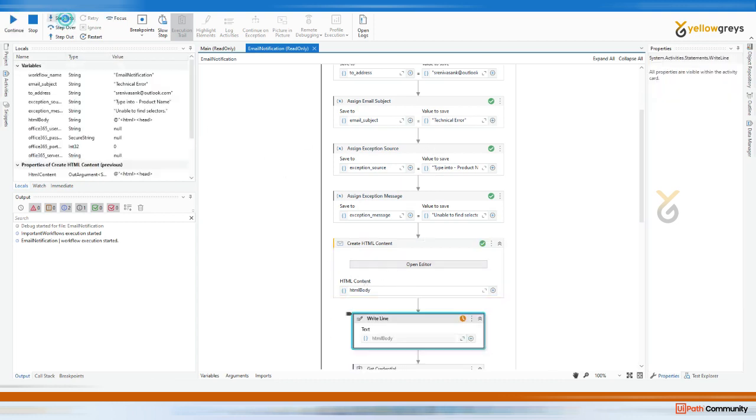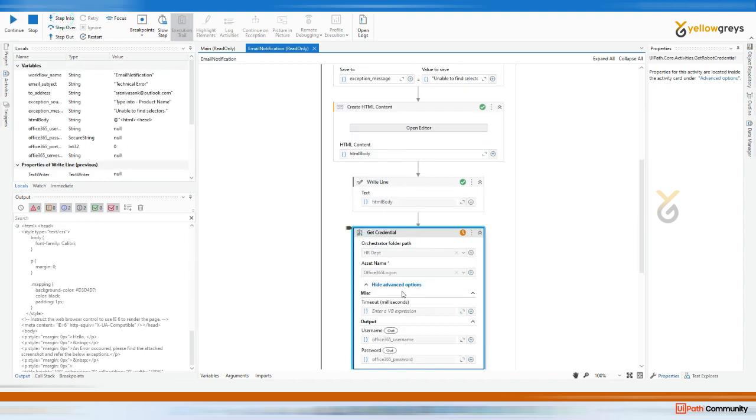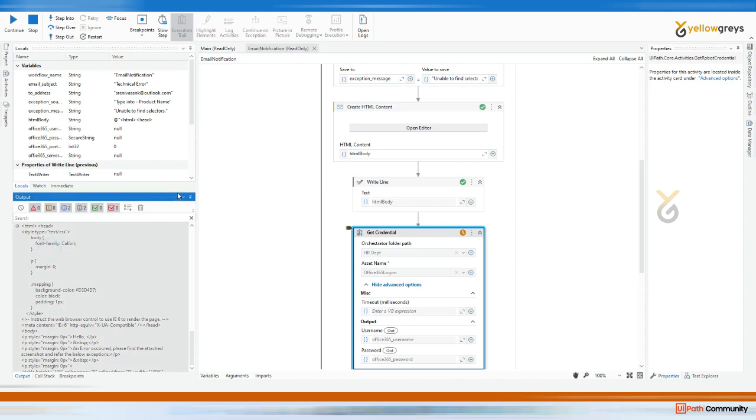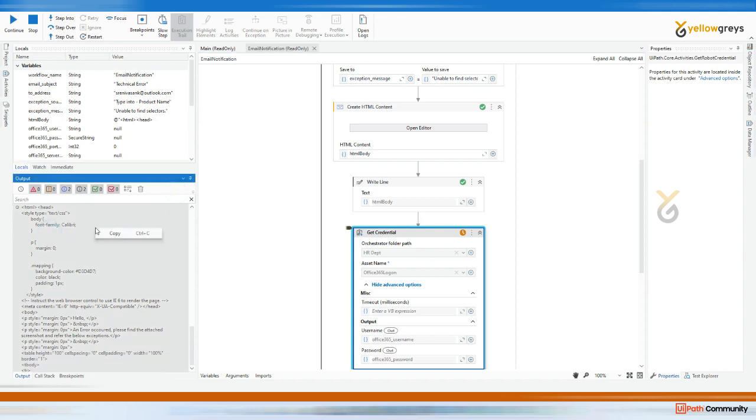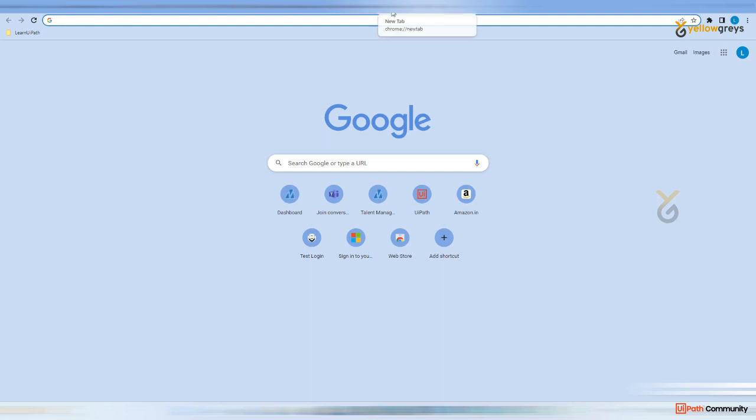Okay, and then this content also executed, and then see we have placed right line, it's written this format of HTML content,